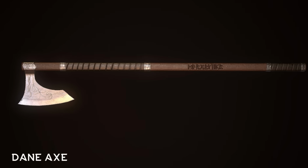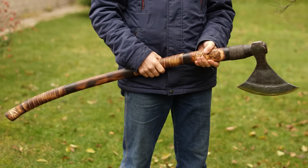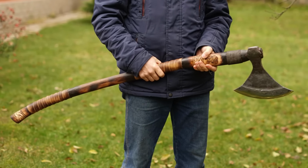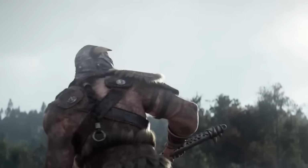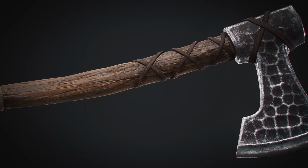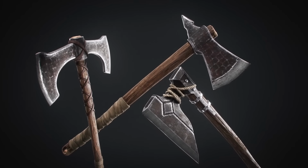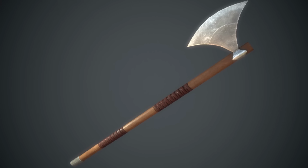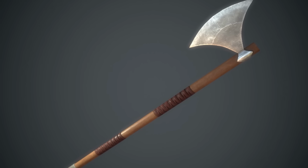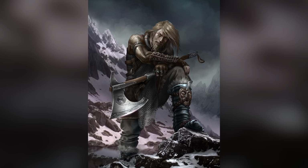The Dane axe represents perhaps the most iconic Viking weapon that actually saw widespread historical use. Unlike the one-handed axes used with shields, the Dane axe was a two-handed weapon, featuring a broad, thin blade mounted on a shaft, typically ranging from 3 to 5 feet in length. This weapon gained prominence particularly in the later Viking Age and remained in use by their descendants in the Anglo-Scandinavian